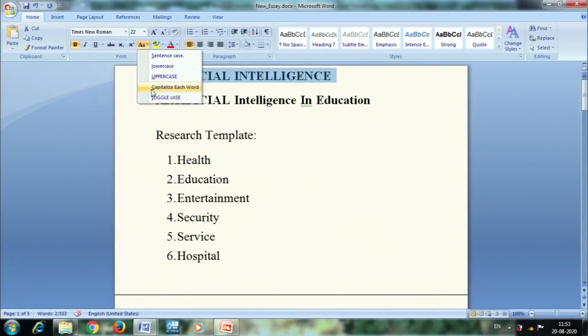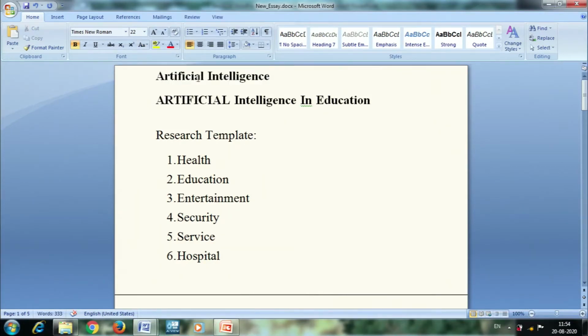If we choose capitalize each word, the first letter in each word will be capital and the rest of the alphabets will be in small. Here, only A became capital, and the rest of the alphabets are printed in lower case.